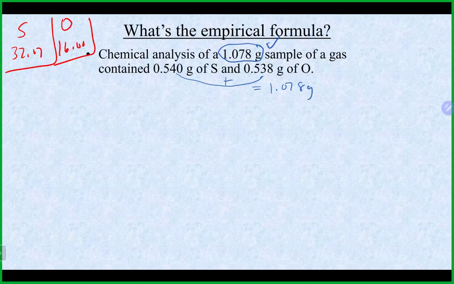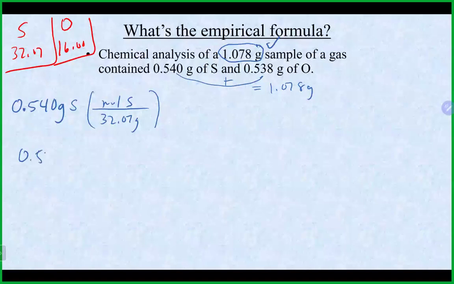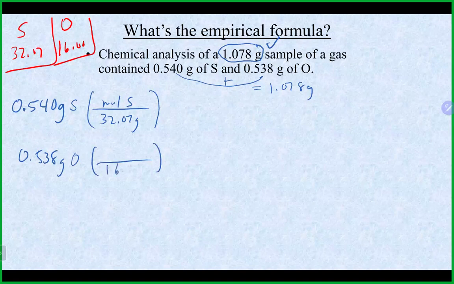So we could go right into converting into moles since they're already in grams in this case. For our sulfur, we would divide by 32.07 grams per mole. And our oxygen, we would divide by 16 grams per mole. So 0.54 divided by 32.07 gives us 0.016838 moles of sulfur. And 0.538 divided by 16 gives us